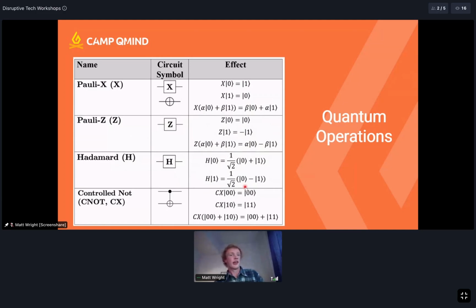Same kind of thing. The controlled NOT gate, that's our first multi-qubit gate. It's exactly what it sounds like, a controlled NOT. If the control qubit is in state 1, then it'll apply an X gate to the second qubit, the target qubit. Why? Well, there are a lot of reasons. You can see the effect here. The control qubit, which I'm denoting as the very first qubit, if that's in 0, it doesn't do anything. If it's in 1, then it actually flips the target.